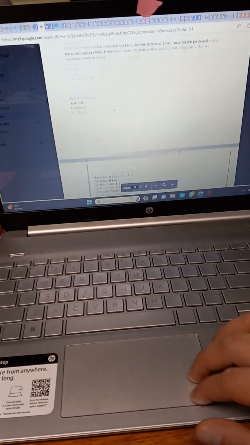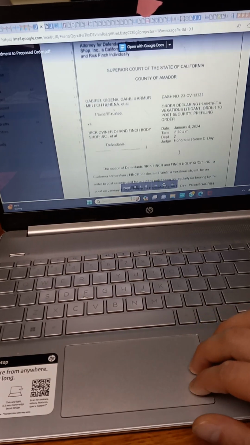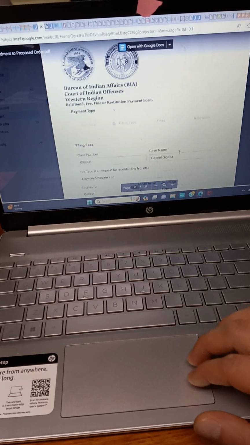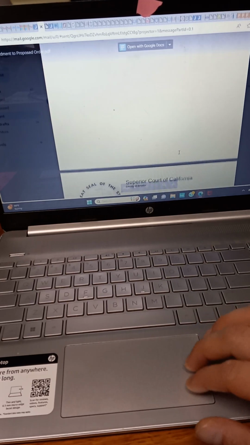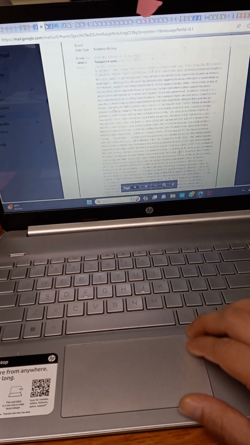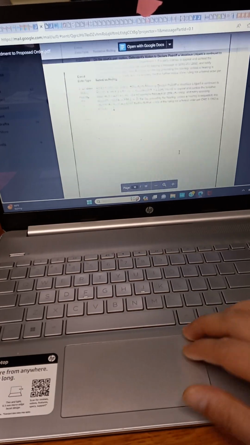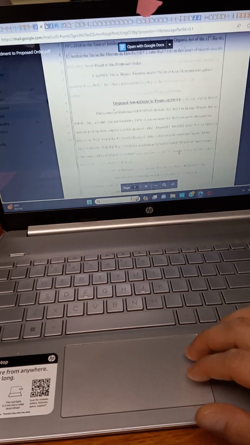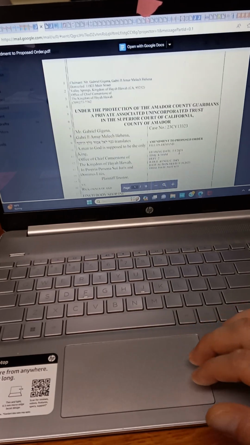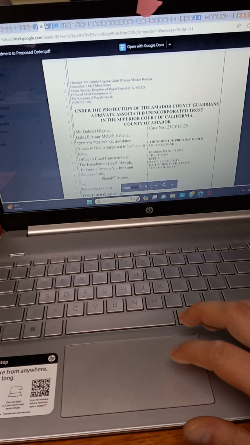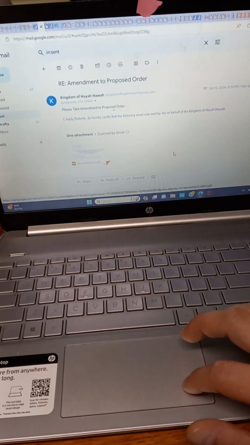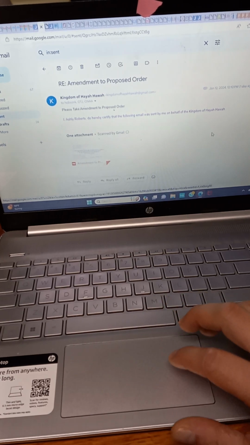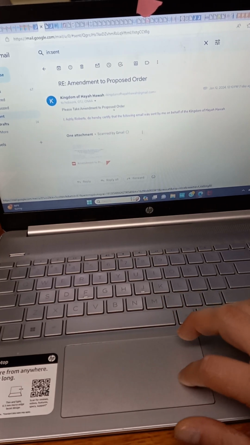And then I attached the letter, his proposed order, the payment for my advocacy dues, and the tentative ruling. I should have attached the form 8300, but we had already left the house and I didn't feel like turning around, and it's readily available online.